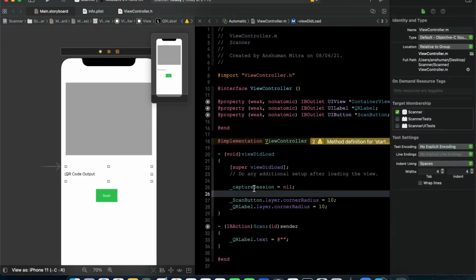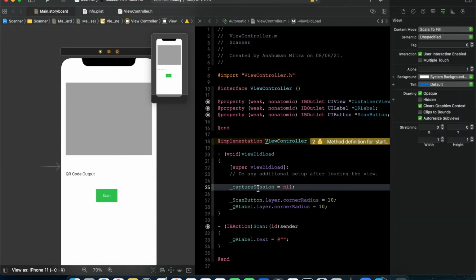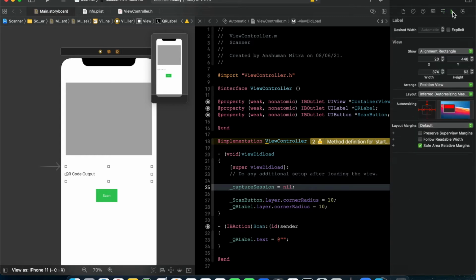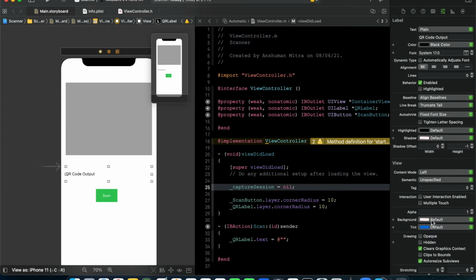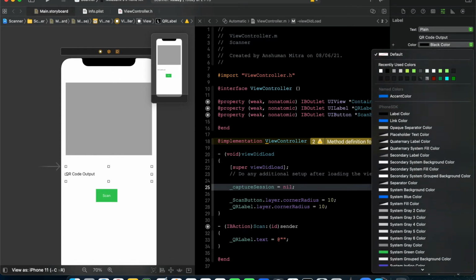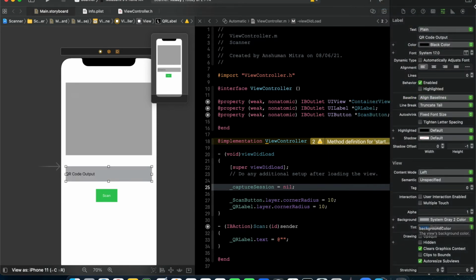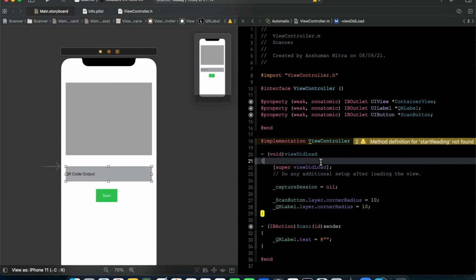The captureSession variable connects the input and output and throws an error if there's an error. Okay, I'll change the background color. I'll change it to gray 2. Okay, now